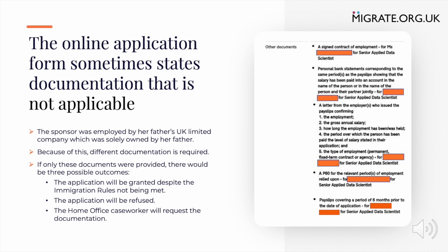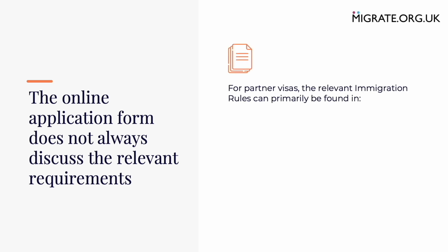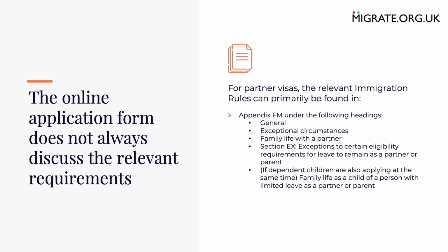In short, the employer will be what is known as a specified limited company, which completely changes the requirements that apply. The final reason as to why you should not overly rely on the online application, but rather read the immigration rules and the Home Office guidance, is because the online application form does not discuss all of the relevant requirements. For partner visas, the relevant immigration rules can primarily be found in, firstly, Appendix FM under the following subheadings,